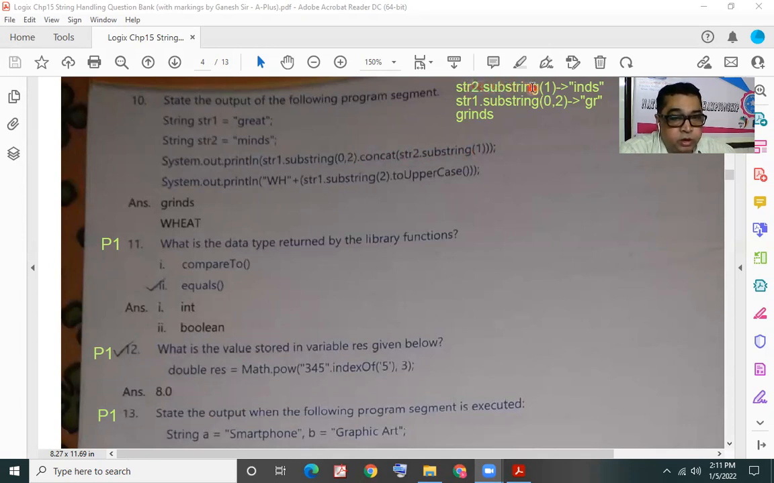str2.substring(1) means from str2, index 1, that is I, till the end, we want to extract all the characters. So we get the string INDS. This will be given as a parameter to the concat method. This string INDS, which we extracted from str2 using substring, will be concatenated with